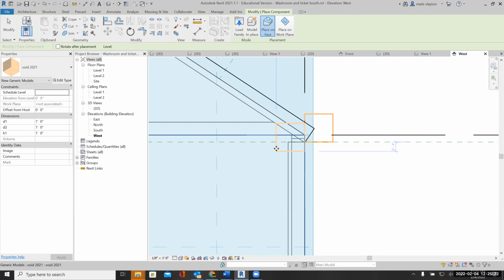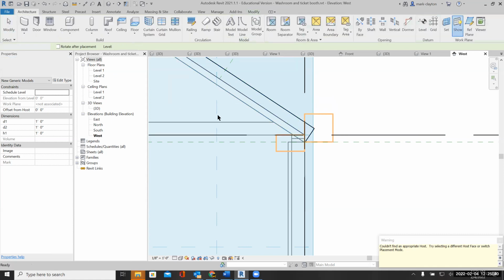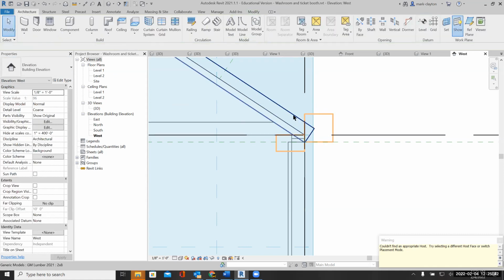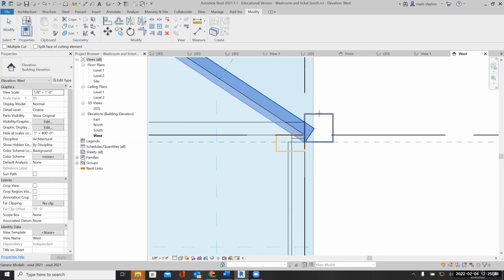It doesn't matter very much where I place it, but I'm going to place it here, and I'm going to pull it down because I'm cutting away this little piece. So there's a flat part of the rafter that fits on top of the top plate, and we cut away this part of the rafter that sticks beyond. So now to demonstrate that, I'm going to go to modify and cut,